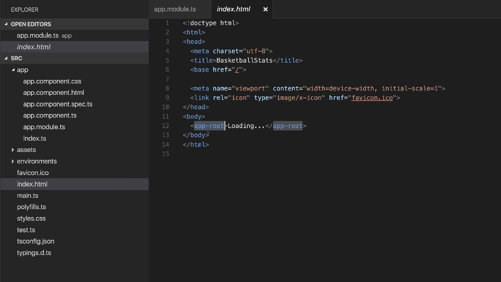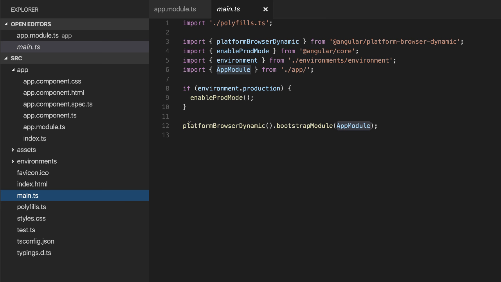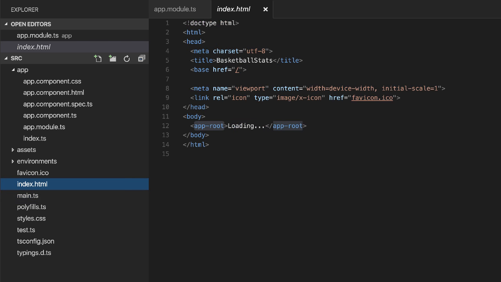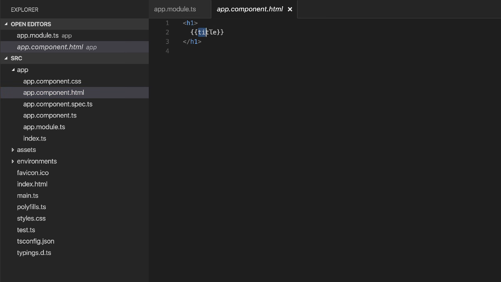So basically, when we bootstrap this module inside the main.ts file, when we call this line here and it begins to bootstrap the application, it's going to replace the data that's inside this app root here with the HTML that's inside the template URL of the component, which happens to be app.component.html, which is why you get a title in a header, and that title attribute comes